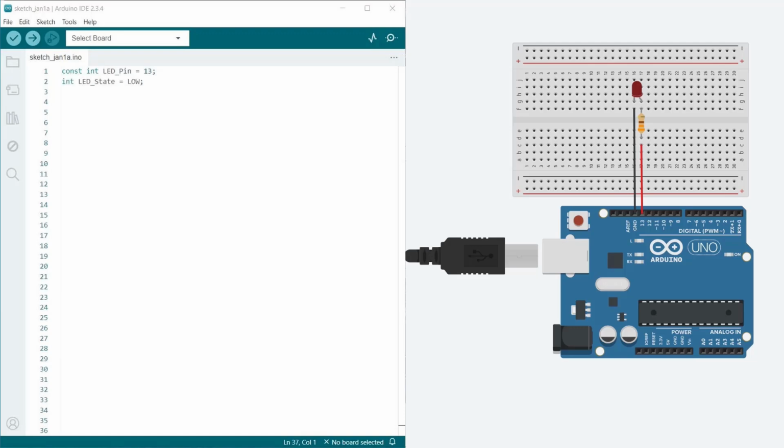Integer LED state is low. Here, we declare a variable called LED state. It holds the current state of the LED, either on or off. Initially, it's set to low, meaning the LED is off. If you prefer, instead of using the low keyword, you can write the value as 0. Typically, integer-type variables store whole number values. However, since low in the Arduino IDE represents the value 0, we are essentially assigning the value 0 to the